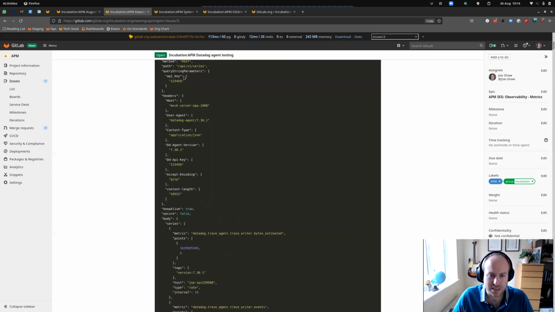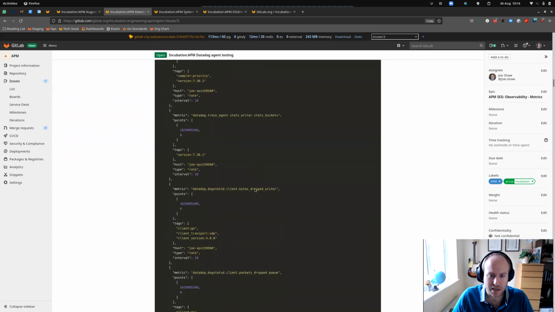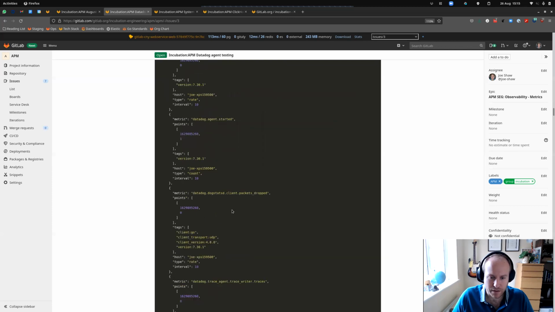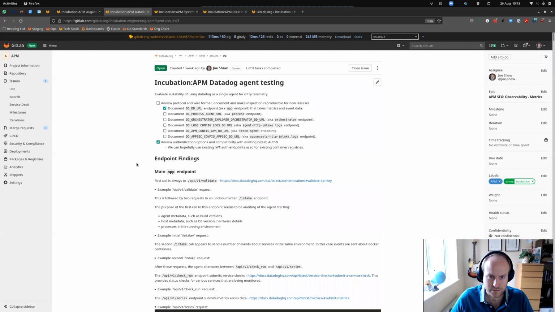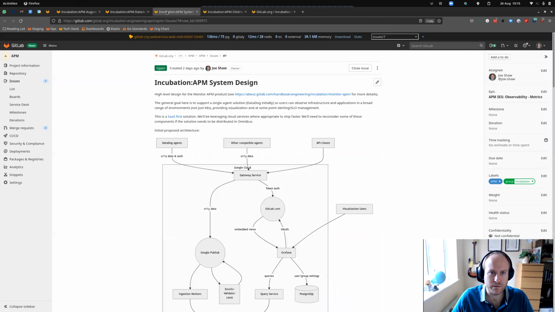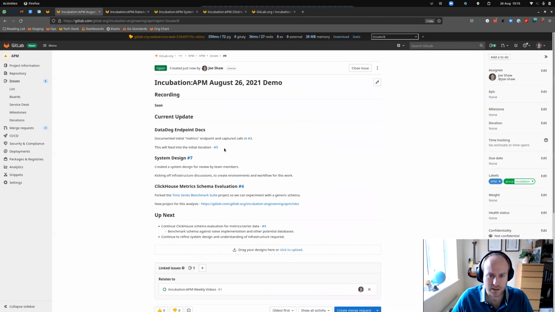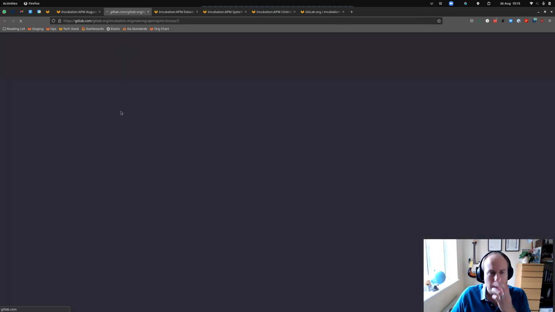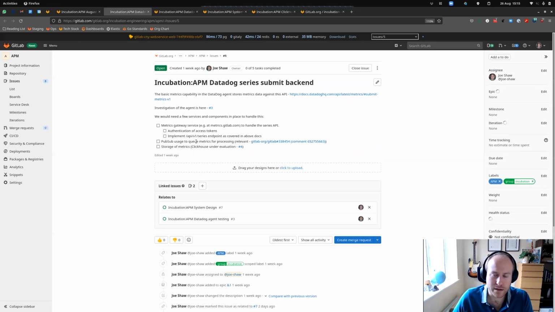What we want to focus on is the series data initially. It's where we actually have things like system metrics, and I've shown you this in a previous video, so I won't go into that at this point. So that's that bit of documentation, and that's going to feed into an initial iteration. Where's that? It's not there. So this initial iteration will be looking at how we implement a gateway service to do authentication against GitLab with access tokens,